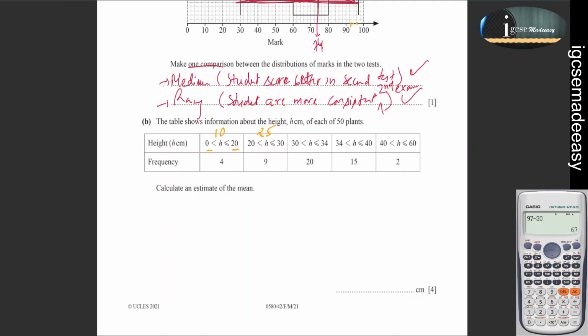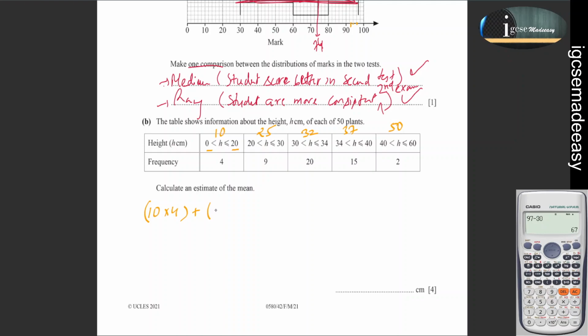34 plus 30 is 64, and 64 divided by 2 is 32. That is the mid value. 74 divided by 2 is 37, and 100 divided by 2 is 50. So these are the mid values. What I'll do, we will multiply the frequency with the mid value, and we will add with the second interval,